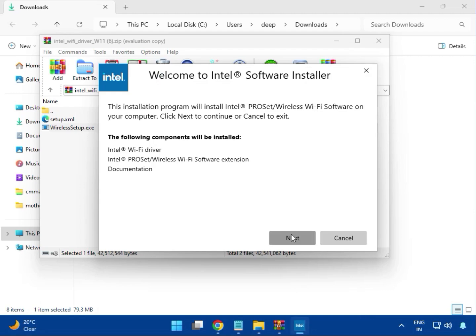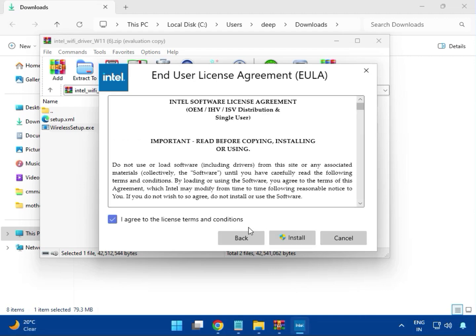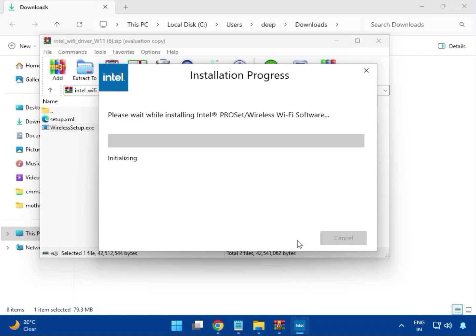Then next, I accept, agree to the license and conditions. Then click install.